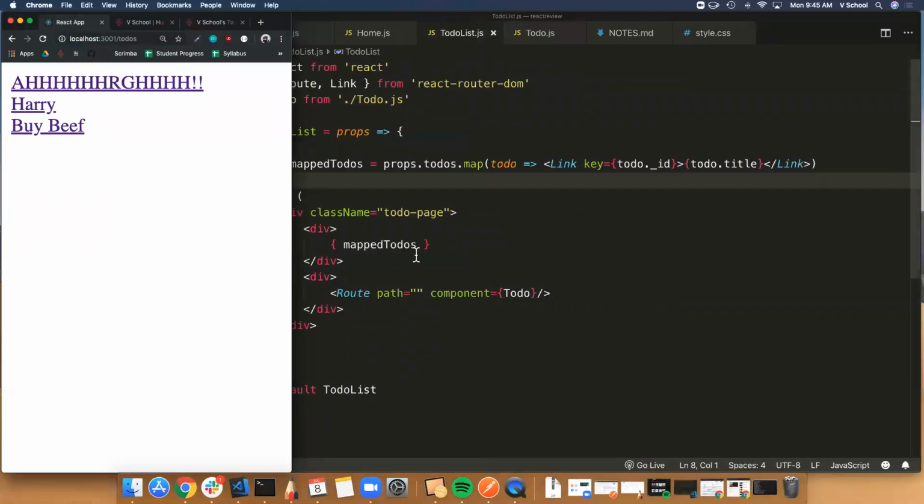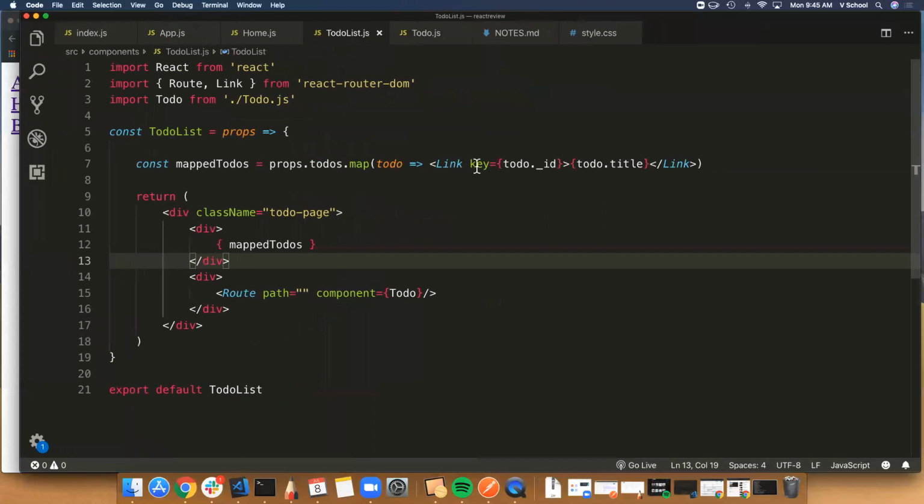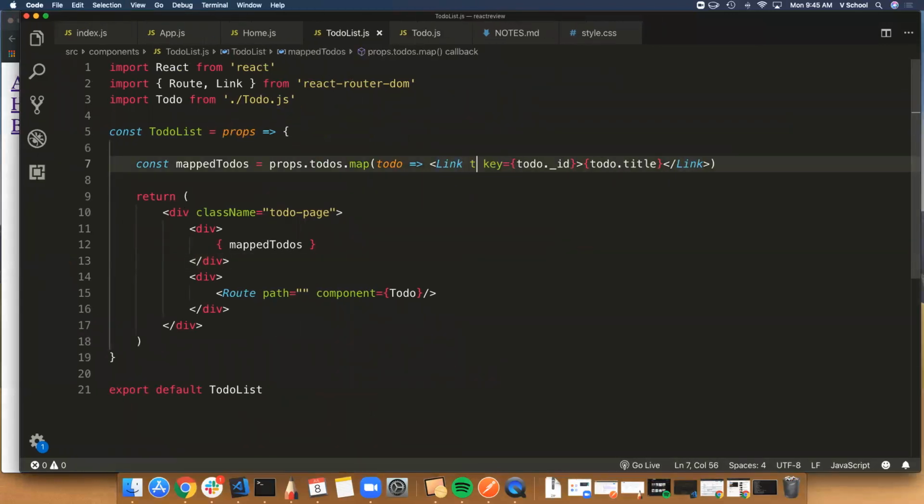And what is the one prop that every link component needs? To. When I click on this, where are you going to send me? Well, we need this to be dynamic because if we click on one to-do title, we need it to send it to that to-do ID, and vice versa for the other to-dos. So this needs to be dynamic somehow. So we're going to say slash with backticks. We'll make this to slash to-dos